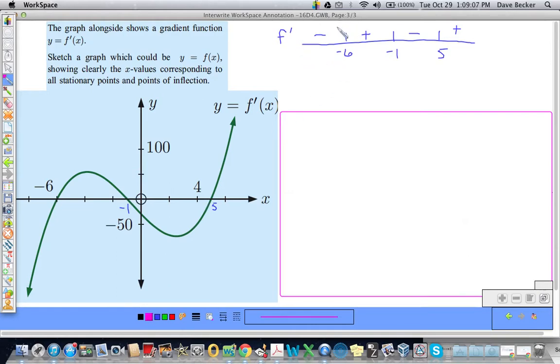Well, if we just had this, we would say, oh, decreases and then increases. I have a local min at -6. And here, positive to negative, I have a local max at -1. And then negative to positive, I have a local min. Yes, decreasing to increasing, local min; increasing to decreasing, local max. Okay, so I have a local minimum at -6, and this is where it gets a little bit tricky because